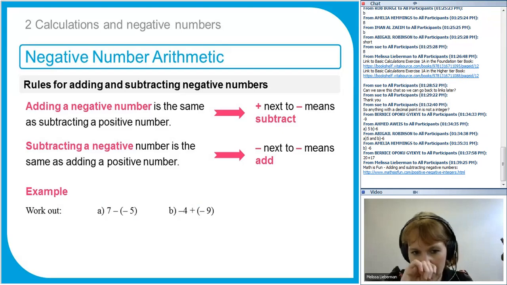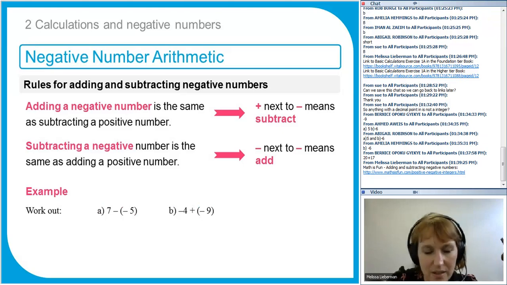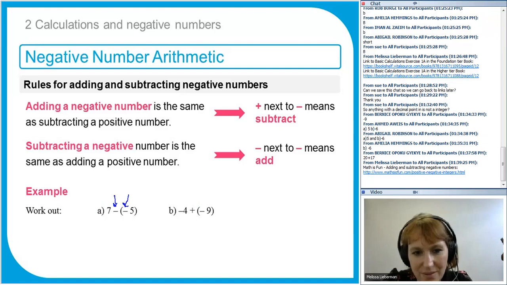So here's some examples with brackets. The first question says 7 take away -5. So this first minus sign is telling us to subtract. And this minus sign is telling us that the 5 is negative. So we're subtracting -5. The next question, if you're watching the recording, you might want to pause and try these yourself first before I go through the solution, is